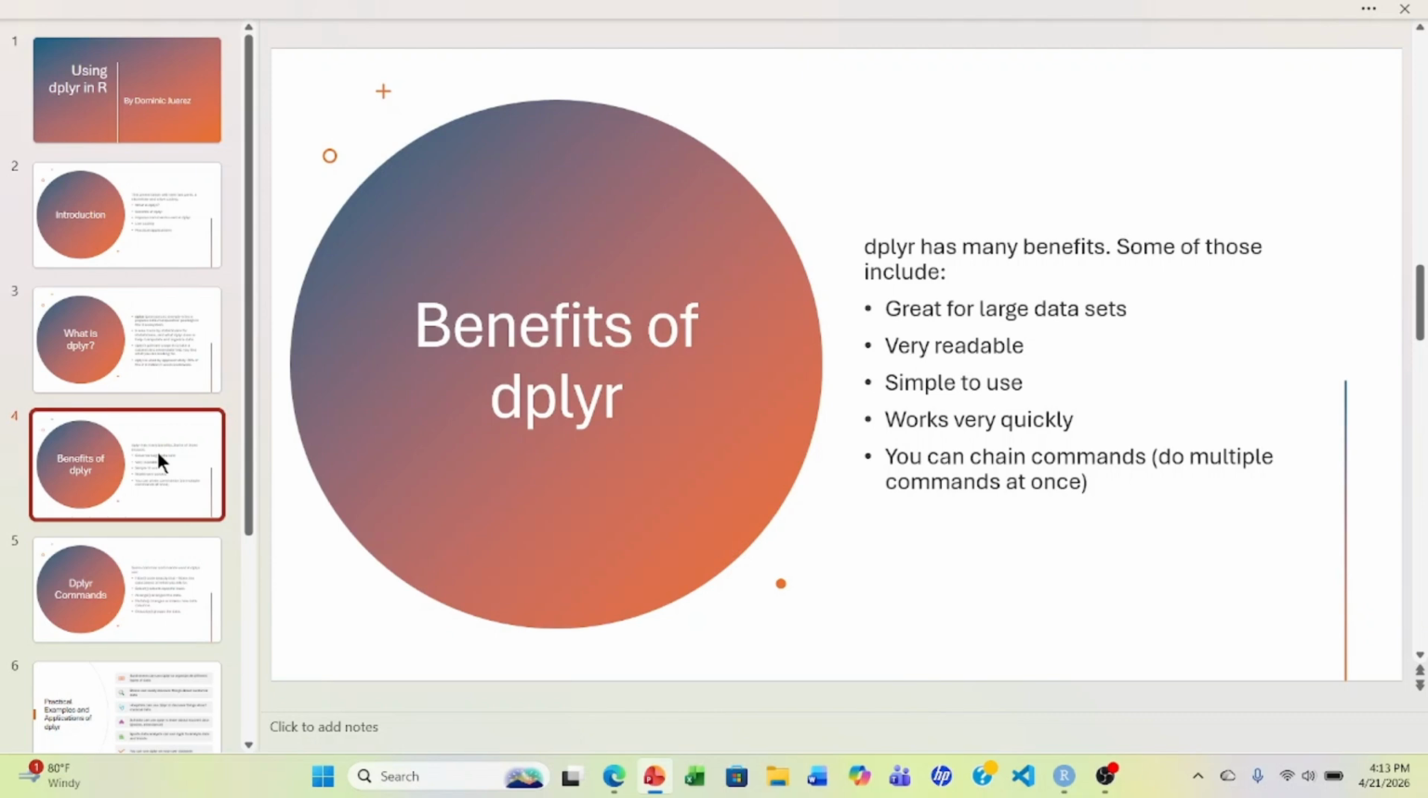dplyr has many benefits, and some of these include that it's great for large datasets. In my opinion, the larger the dataset, the better dplyr works. If you work with a small dataset, there's not much you can learn by organizing the data, because you can see all of it, or it might already be close to organized because it's so small. With a larger dataset, you can't really see everything, so using a tool like dplyr helps you organize and better